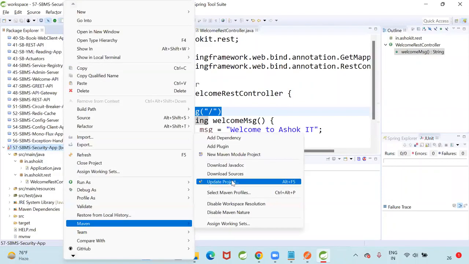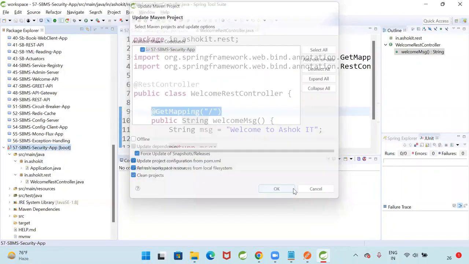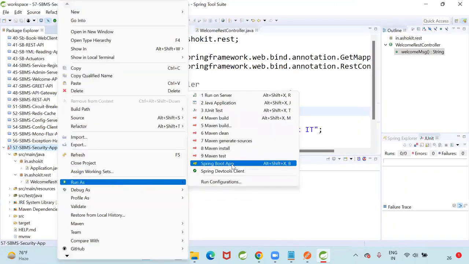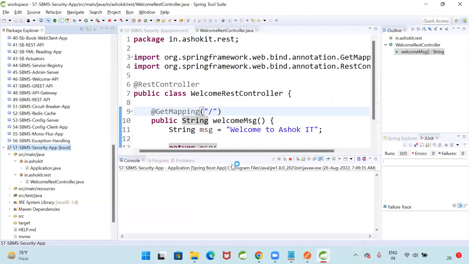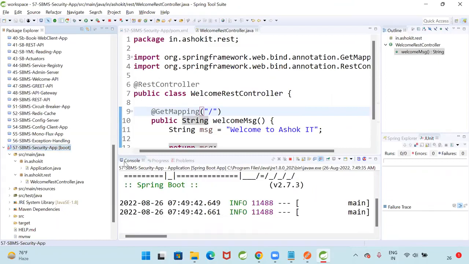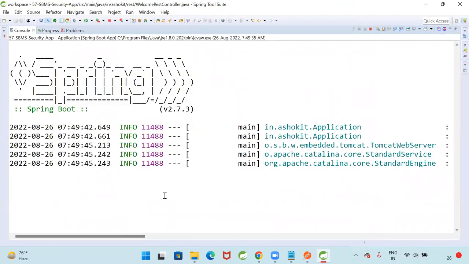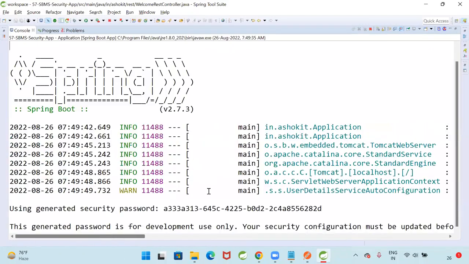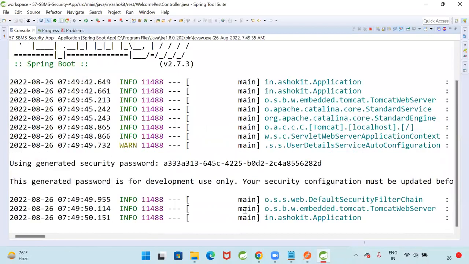Update our project. Refresh Maven. Update the project, force update. Right click, run as boot app. Okay, this application is getting started. Observe the console. When the application is started,